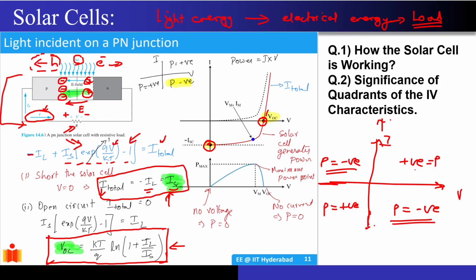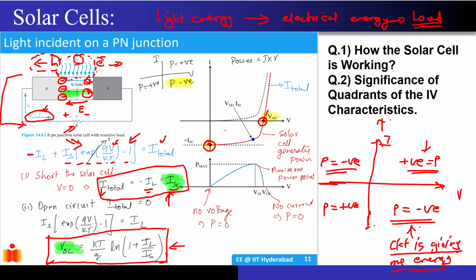So when your curve was present over here, it was telling you that I had to give an energy to the circuit. This power being negative signifies that the circuit is giving me the energy. Now energy can neither be created nor destroyed. It can only be converted from one form to another. I have taken the light energy from the sun, and that energy I have converted into electrical energy. So this is a freely available energy to me. There is no limit. Nobody can restrict me from taking the energy from the sun.